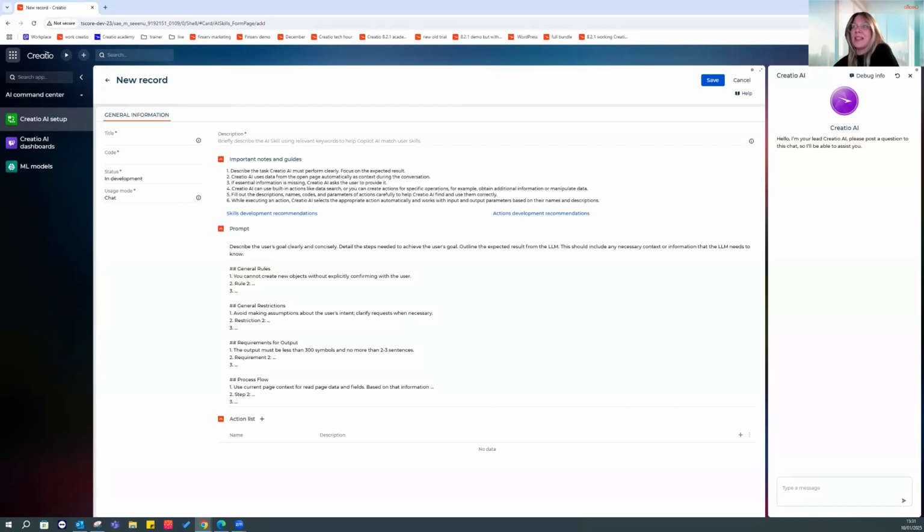We've enhanced the skill designer page by adding important notes and guides. This area highlights critical information that must be understood before designing skills or actions within a skill. It includes links to documentation, examples, and general advice to help you go through this process effectively. On top of that, we're also working on updating our Academy documentation with any examples, any advice you